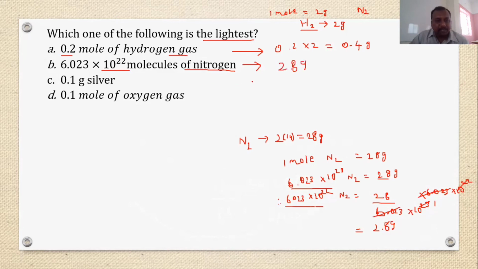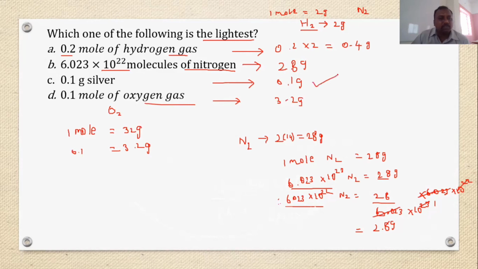இங்க வந்து ஆல்ரெடி they are given in weight தான். So அப்போ 0.1 gram silver. Last one பாரு, 0.1 mole of oxygen. Already we know that 1 mole of oxygen, இங்கே ஆக்சிஜன் கேஸ் சொல்லியிருக்காங்க. அப்போ O2 கேஸ், ஆக்சிஜனுடைய weight வந்து ஒரு ஆட்டத்துக்கு 16 கிராம். அப்போ 2 ஆட்டத்துக்கு வந்து it will come 32 gram. So 1 mole of oxygen is 32 gram. But they are asking 0.1, என்ன வரும், ஒரு digit தள்ளி புள்ளி வைங்க, 3.2 gram of oxygen molecule. So the weight is 3.2 gram. So இப்போ compare பண்ணுங்க, which is the lowest, silver is the lowest. So option C is the answer. So next one.